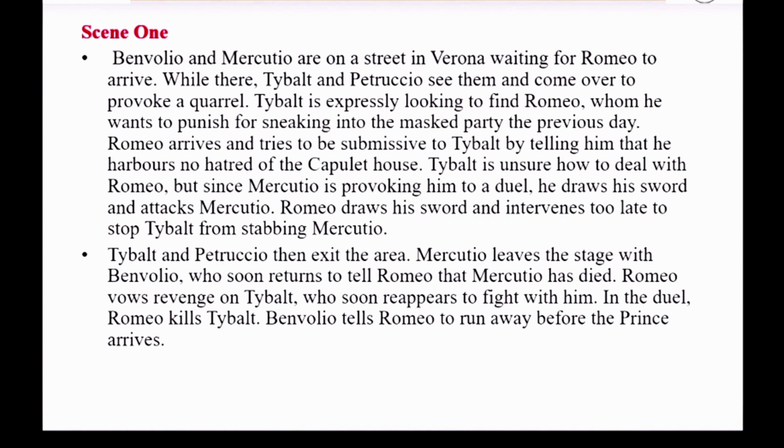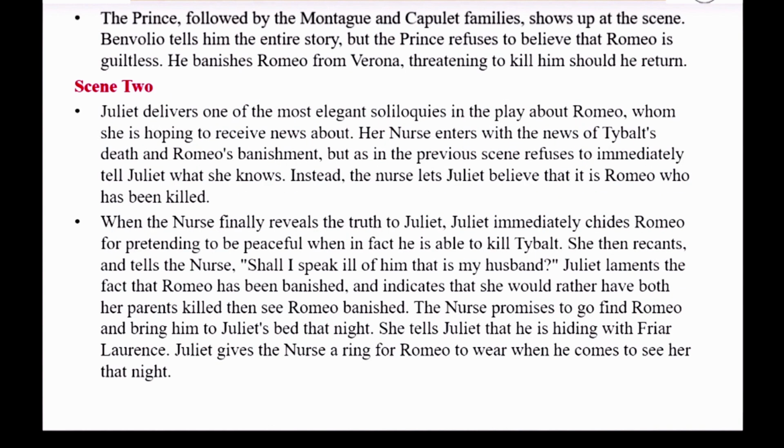The prince, followed by the Montague and Capulet families, shows up at the scene. Benvolio tells him the entire story, but the prince refuses to believe that Romeo is guiltless. He banishes Romeo from Verona, threatening to kill him should he return. Now, in Scene 2,